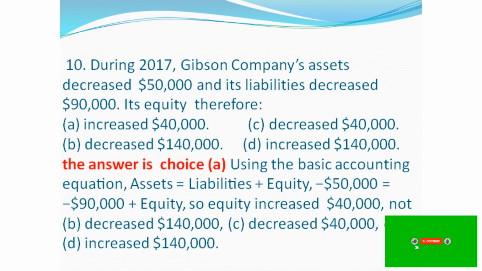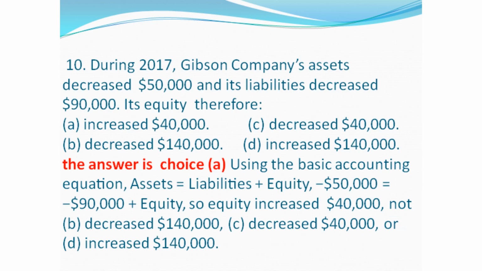Using the basic accounting equation, assets equals liabilities plus equity, a decrease of $50,000 equals a decrease of $90,000 plus equity, so equity increased $40,000, not B. Decreased $140,000, C. Decreased $40,000, or D. Increased